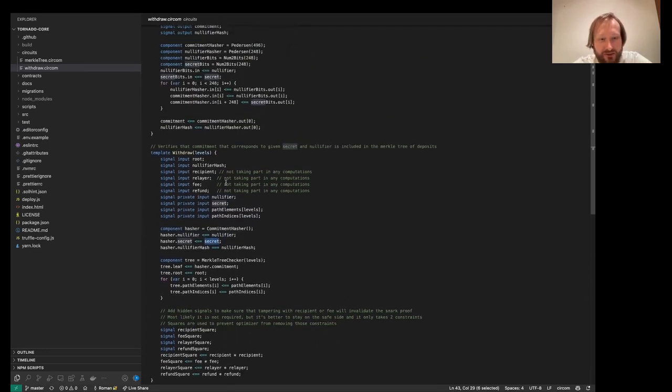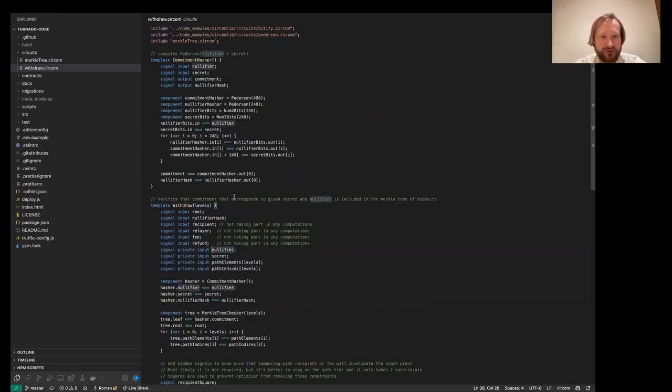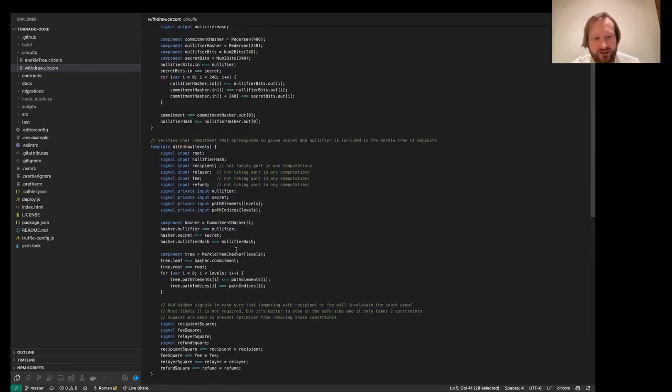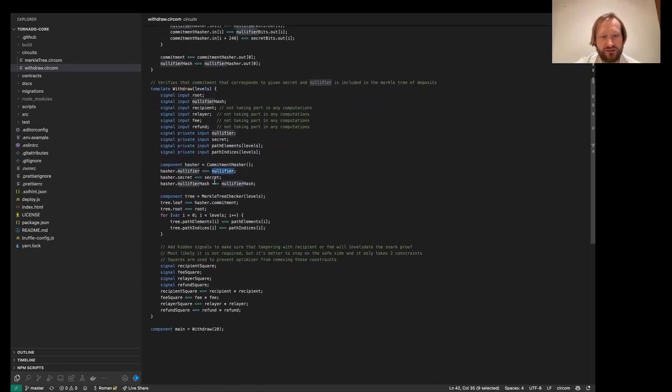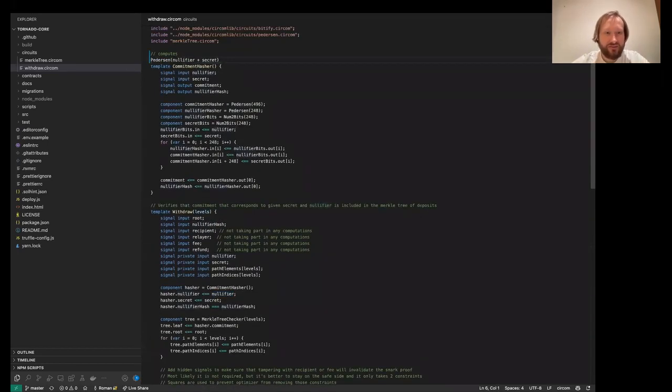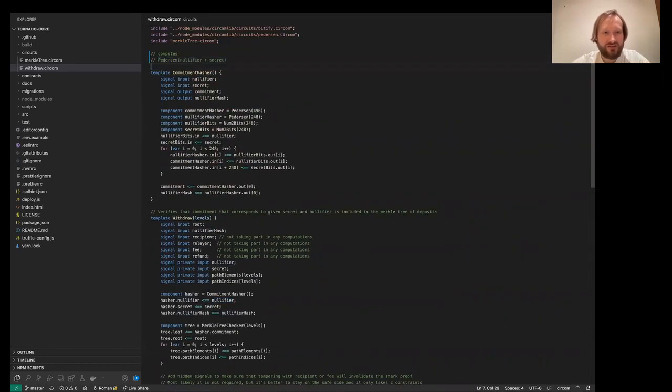First is the commitment, the hash of nullifier plus secret, this one. And it also computes the second hash from nullifier only. So we have this one and this one.